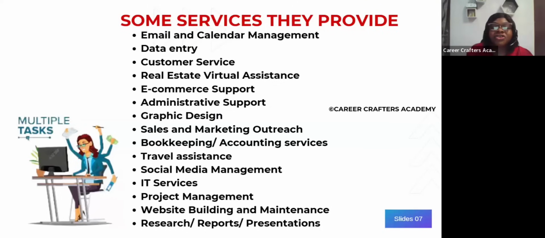We have data entry, customer service, real estate virtual assistant. So you see all those real estate agents, they need people to help them. They need people to post the properties they are listing online. They need people to schedule the viewings. They need a lot. It's not like here where you must go physically to see the house.